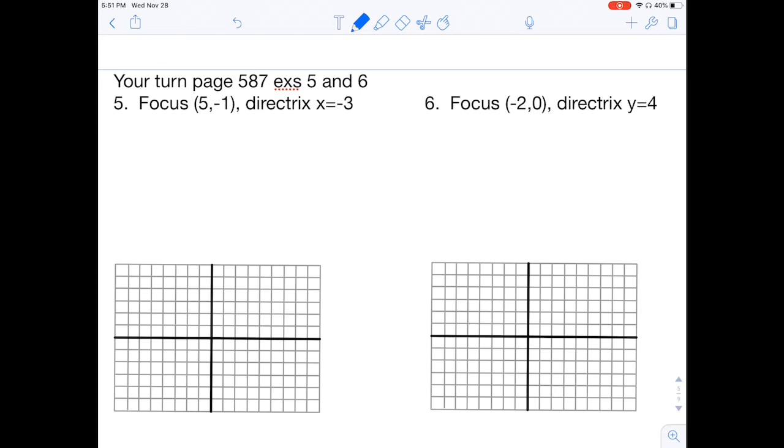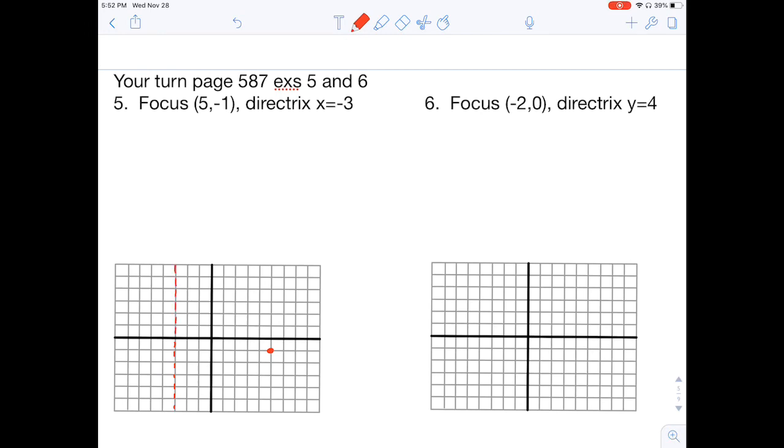Okay, so for number 5, we're going to go and do our normal stuff. So the first thing I'm going to do is plot my given focus. So my focus was at (5, -1). 1, 2, 3, 4, 5. Negative 1. And what else did we know? We knew the directrix is at x equals negative 3. 1, 2, 3. So it is the vertical line x equals